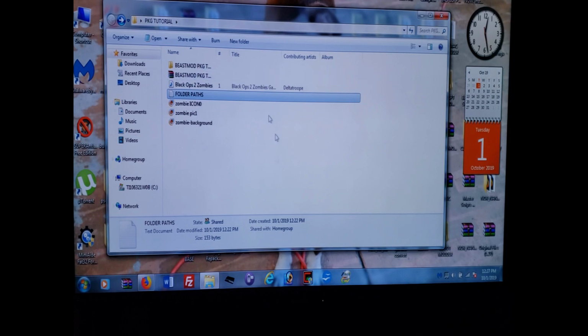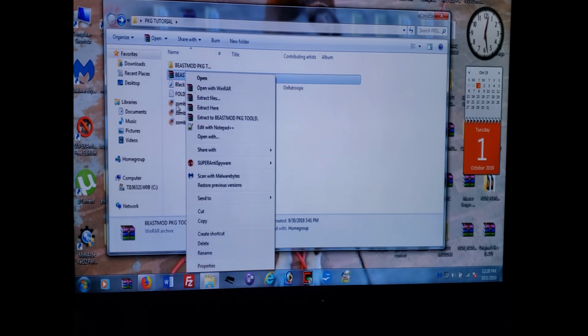So, first thing you're going to need to do in the description is download the BEASTMOD package tools. No, I didn't write every program. No, I'm not taking credit for nobody else who did. Get off my swipe. I simply compile all this together, and then I upload it to my MediaFire account, which I pay for. And anything that comes out of my shit has my name on it because it's official. Ain't no surveys, ain't no bullshit taking you here. Click, download, done. So, you are going to get this, and then you are going to right click and